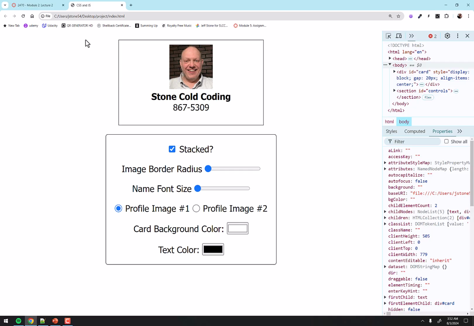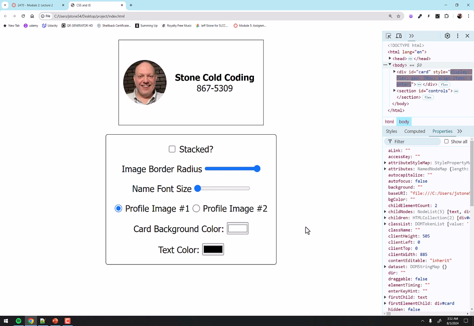So if we refresh, we slide and then let go, and there we go. We've got a little border radius there. If I go all the way, I get a circle. If I click somewhere in the middle, I get that. Somewhere closer to the beginning, I get little teeny ones. So I can make a circle, move it over like that, change that just by clicking.